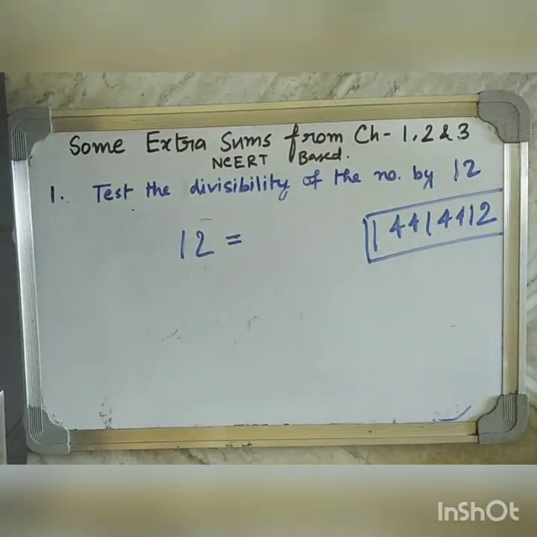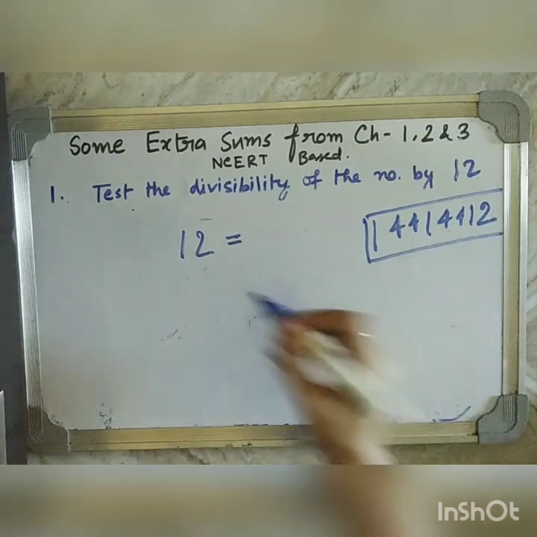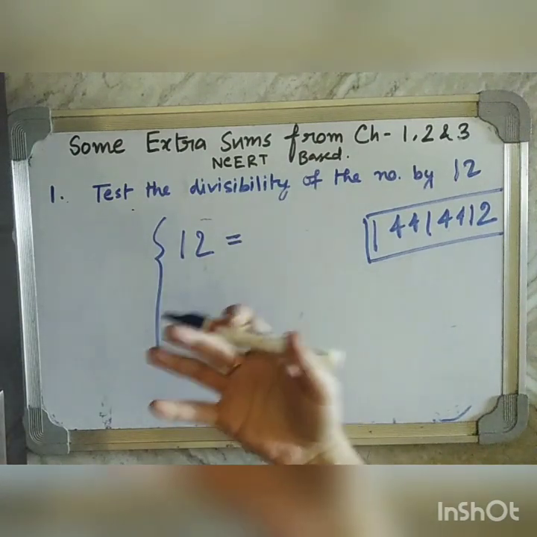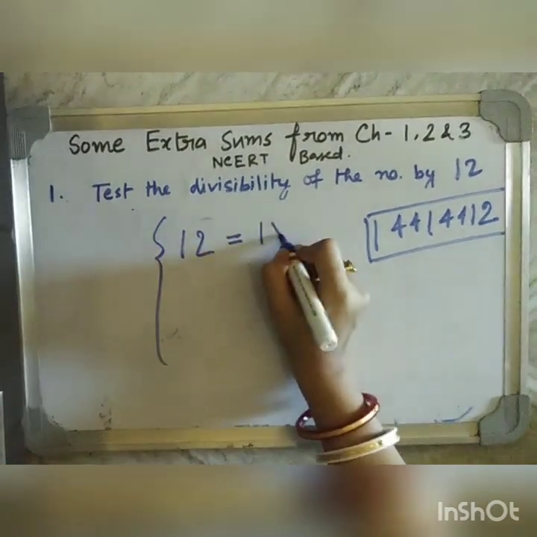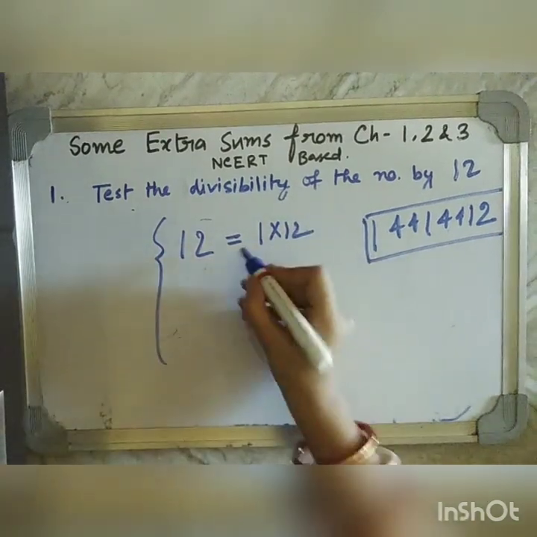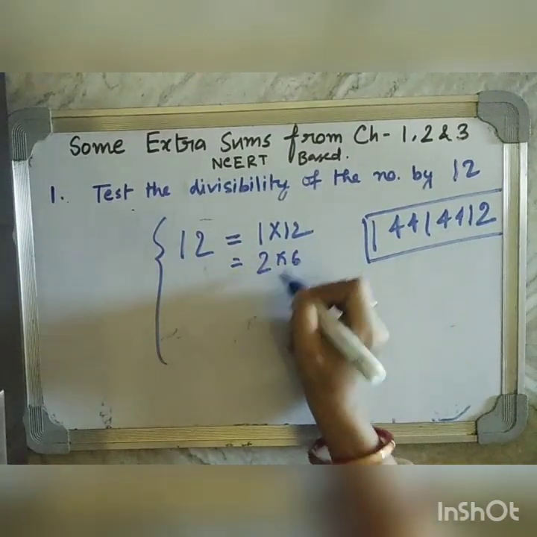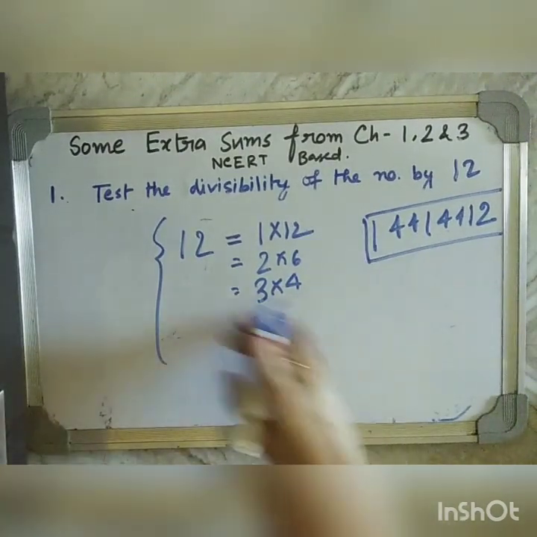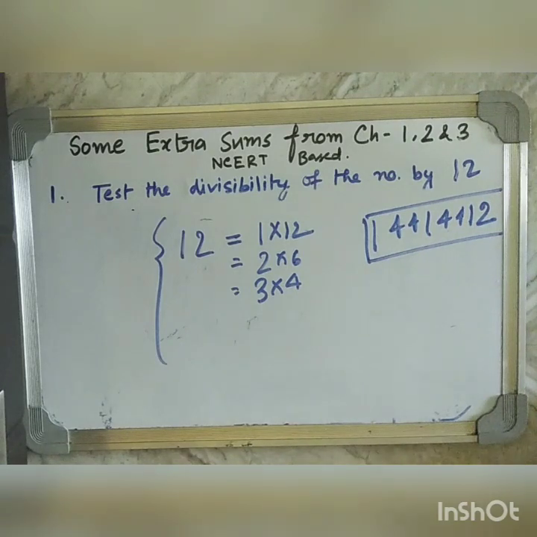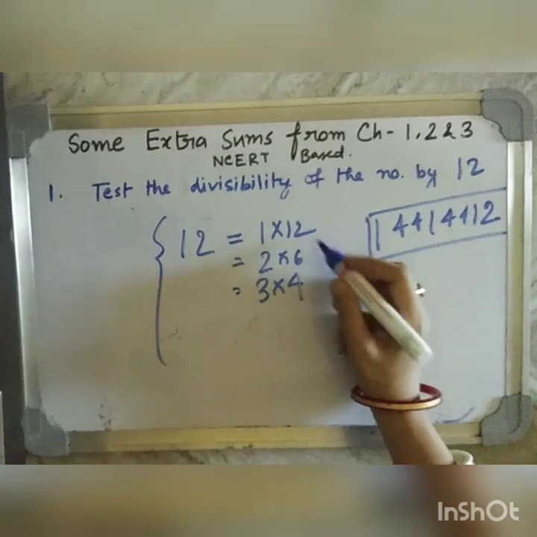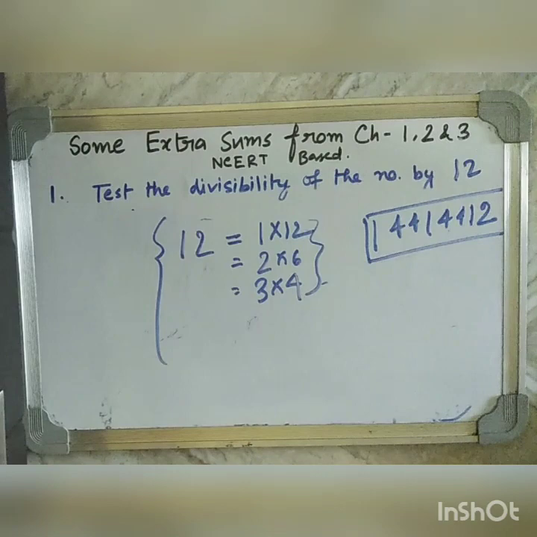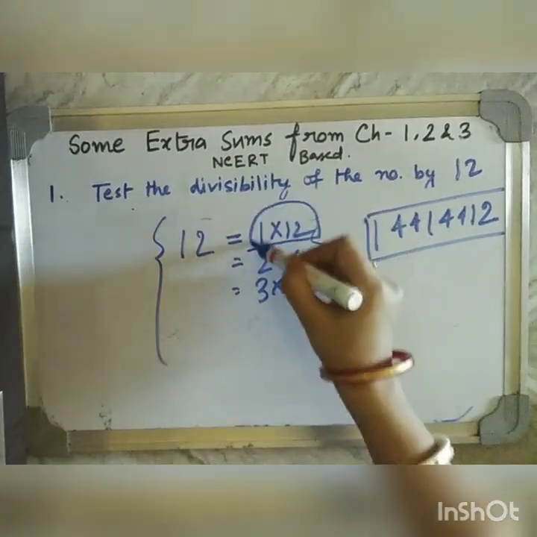So what you have to do? First, for finding those two numbers by multiplying which we get 12, we have to write it in this way. 12 can be written as 1 into 12, 2 into 6, 3 into 4. There is no other way of writing 12 as a product of two different whole numbers. Now we have to find which among these three are co-primes, other than 1 cross 12.